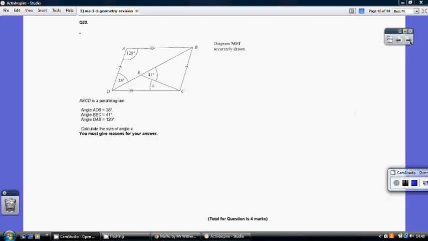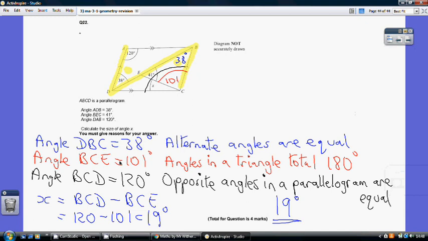Question 22. So angle DBC, this angle here, is 38 degrees because alternate angles are equal. It's the z angle rule again, so just sort of see that z that I've highlighted there in yellow. So DBC equals 38. Now, once we know that, this angle here in red, angle BCE, must be 101 degrees because angles in a